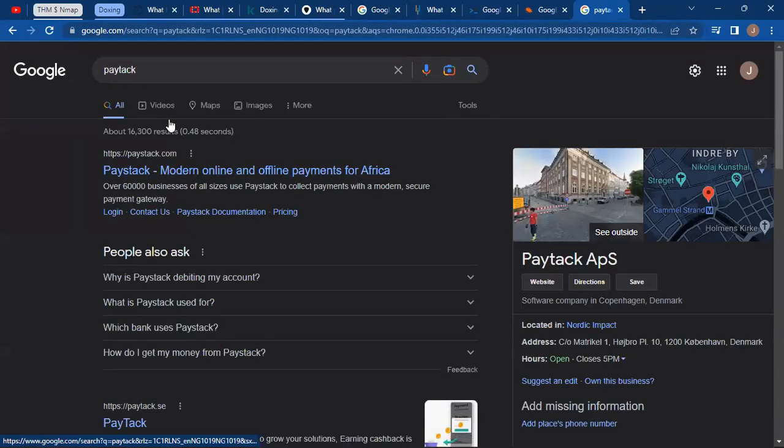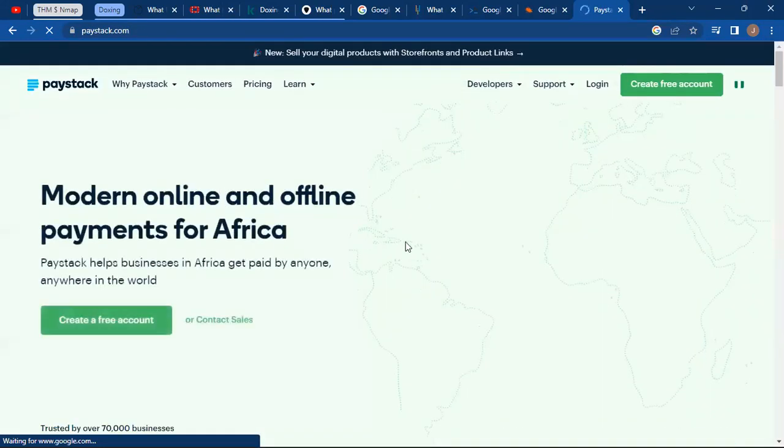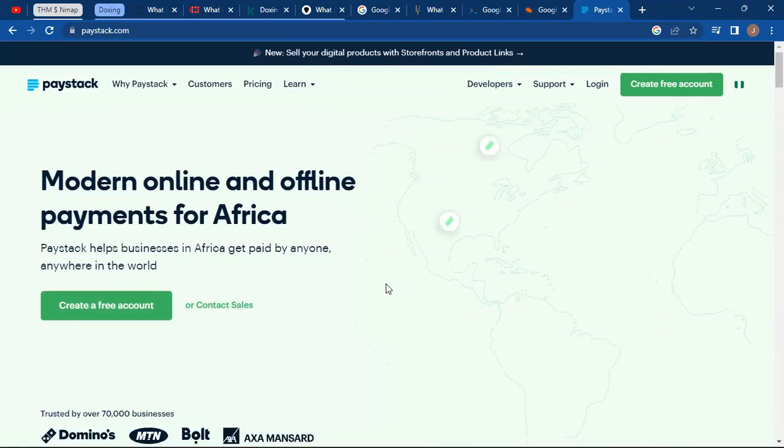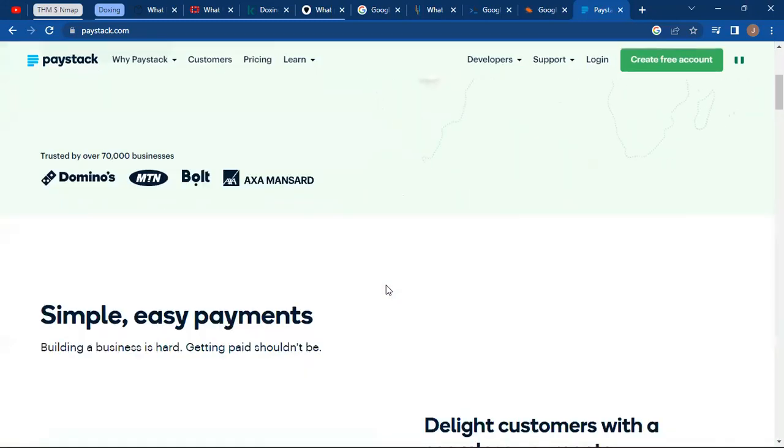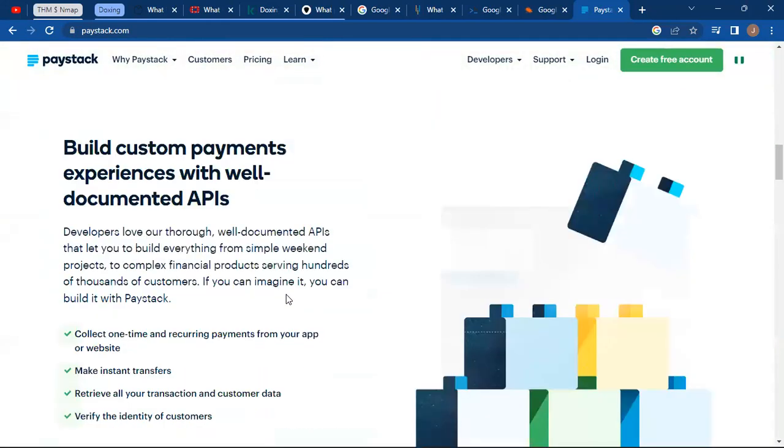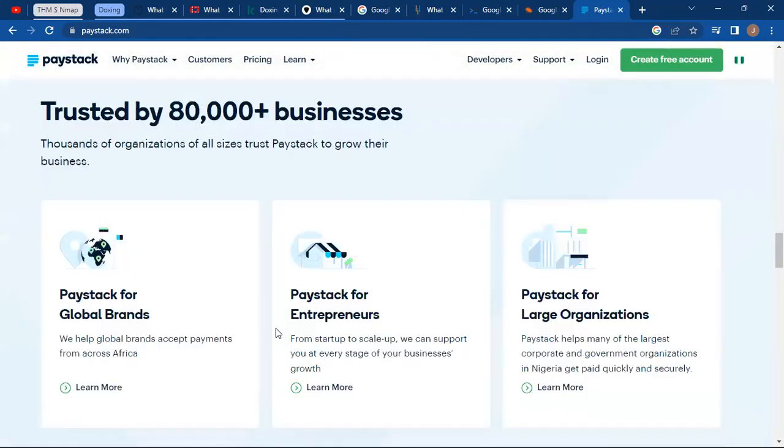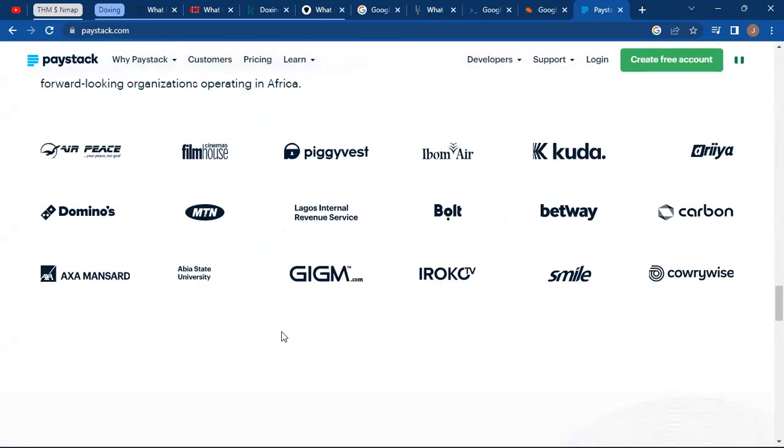Paystack is a payment gateway, popularly integrated into most web applications and apps, and there are a lot of services. They run the payment gateway in Nigeria. I think Stripe or some company acquired them, and they're integrated into a lot of companies. So now let's go to the aspect of